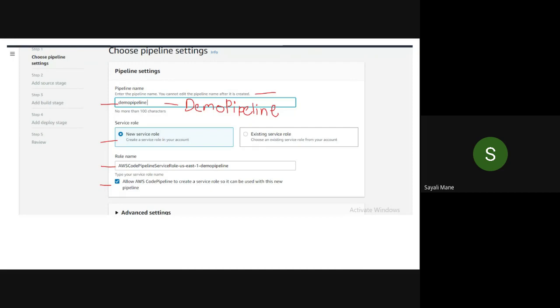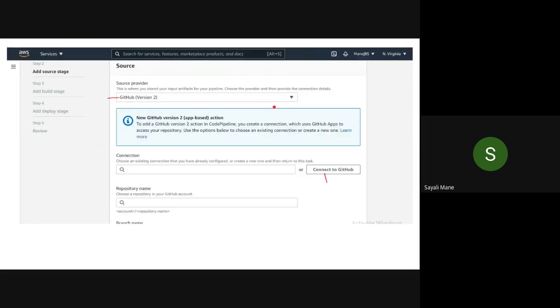Just check. Now it has come. Okay, now it's very good. So please take a screenshot of it and highlight the respective name. Then click on next so that you will go to the next step, that is add source stage.